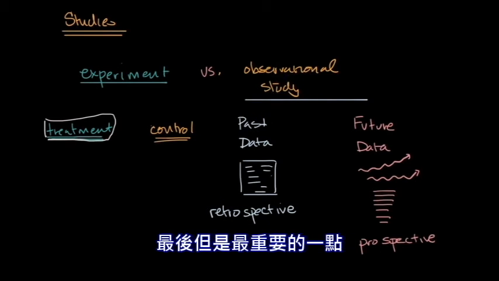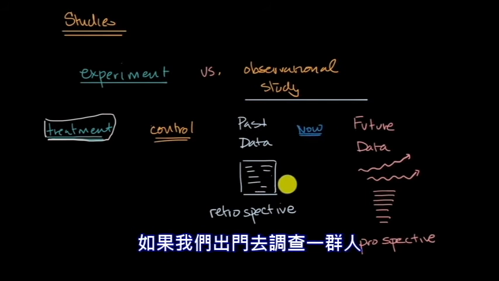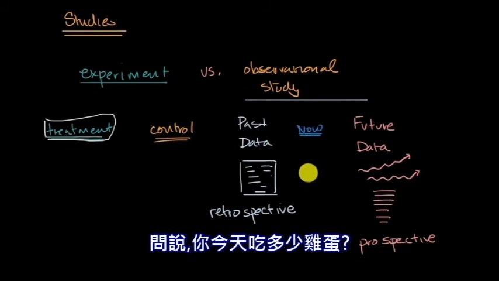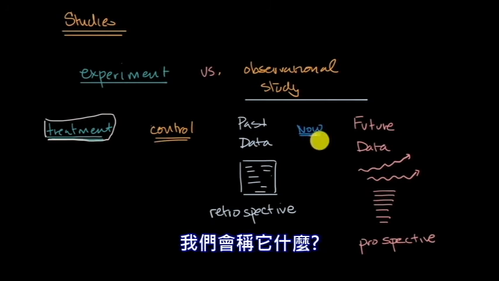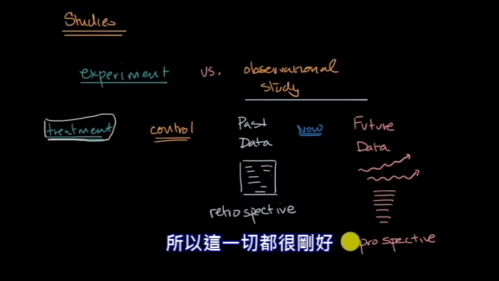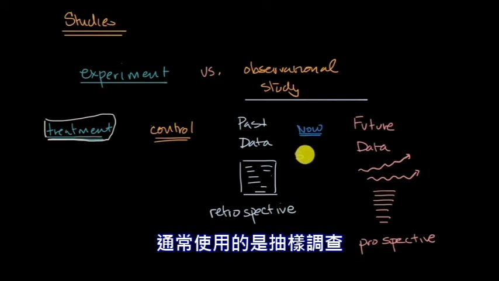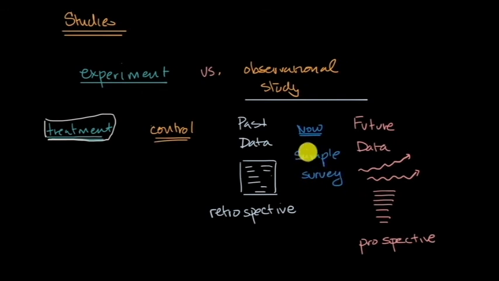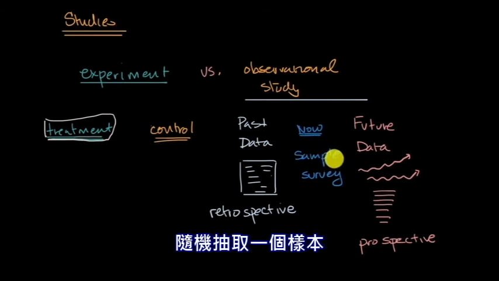Last but not least, some of y'all are probably thinking, what about if we're doing something now? If we go out there and survey a bunch of people and say, how many eggs did you eat today? Or who are you going to vote for? What might we call that? Well, it's tempting to call it something with a prefix and then spective, so it all matches. But it turns out that the terminology that statisticians will typically use is a sample survey. Right now you're going to take a hopefully random sample of individuals from the population that you care about,